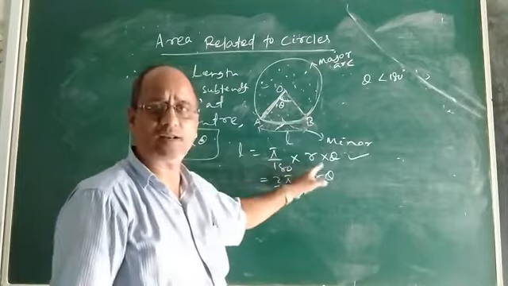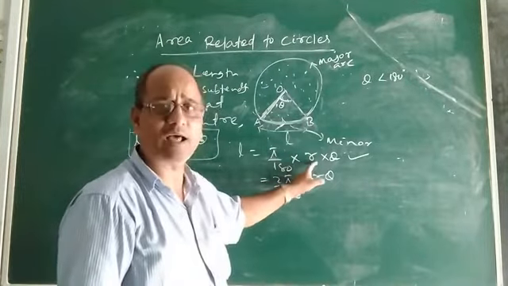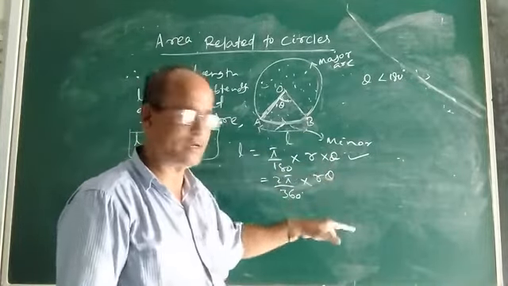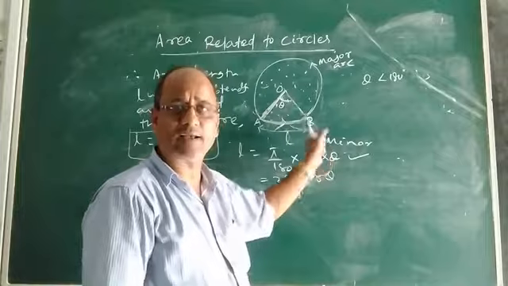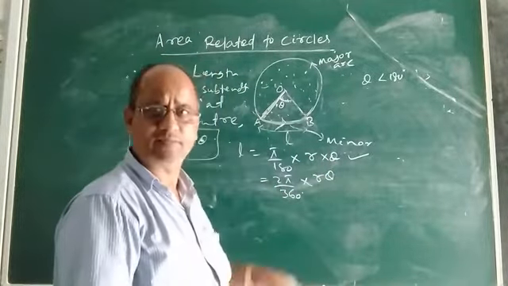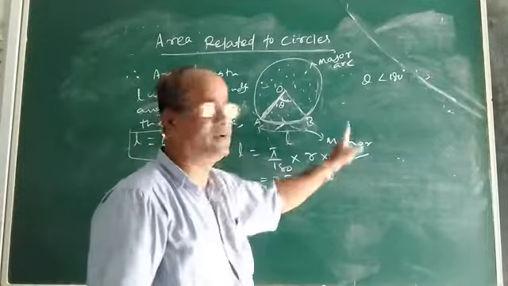And we can calculate the length of arc using this formula under what condition? Under the condition that r and theta are known, where r is the radius of the circle or the sector, and theta is the sector angle or central angle. So if the values of r and theta are given, then we can easily find the length of arc using this formula, pi by 180 into r into theta.